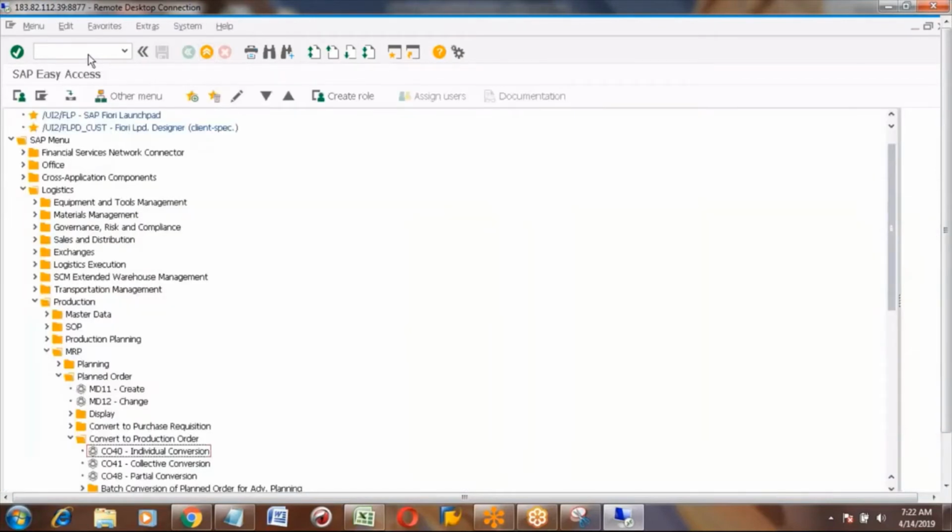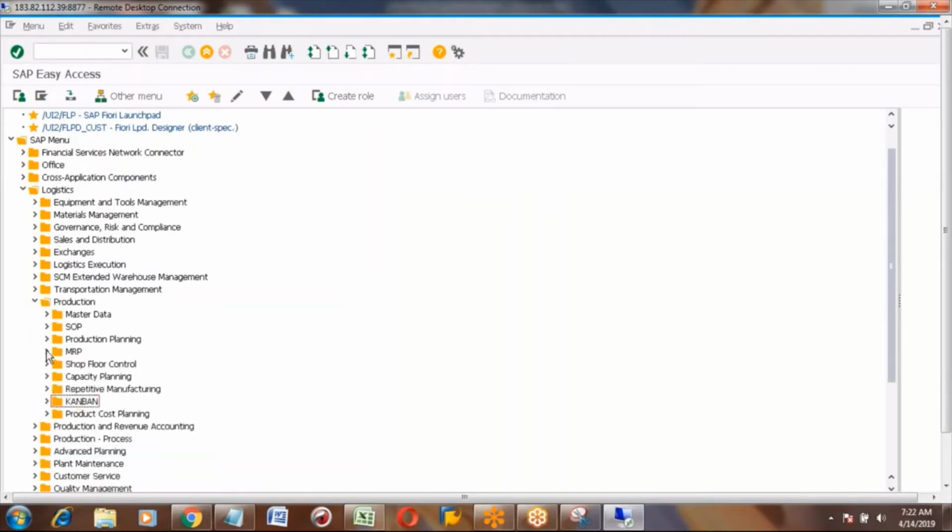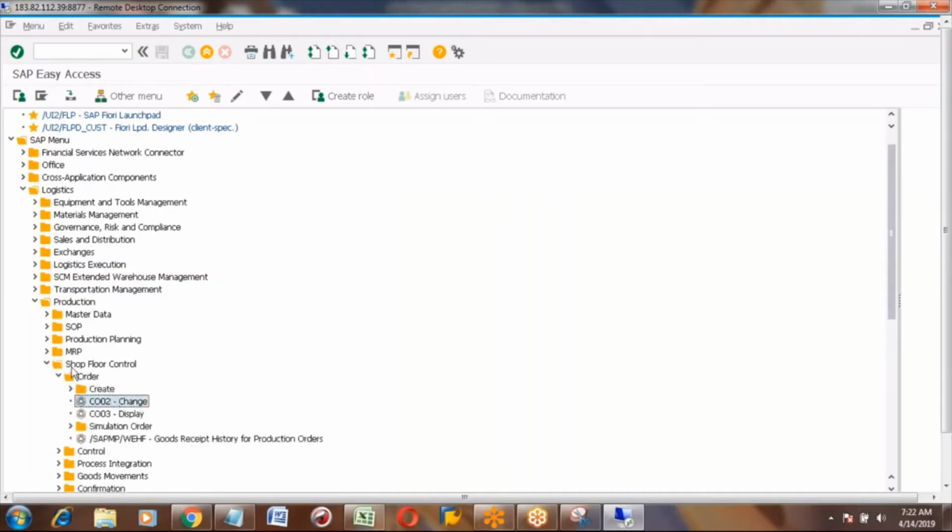Now I am opening CO02. I will explain more details on this production order. The navigation path is production, shop floor control, order, and this is CO02.